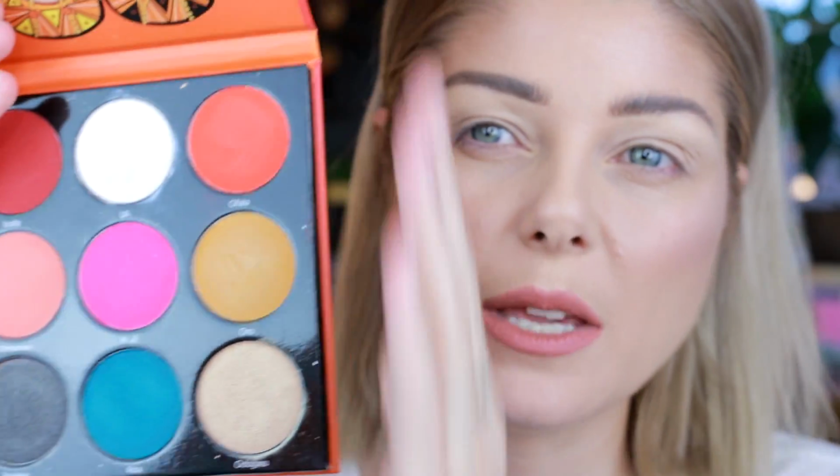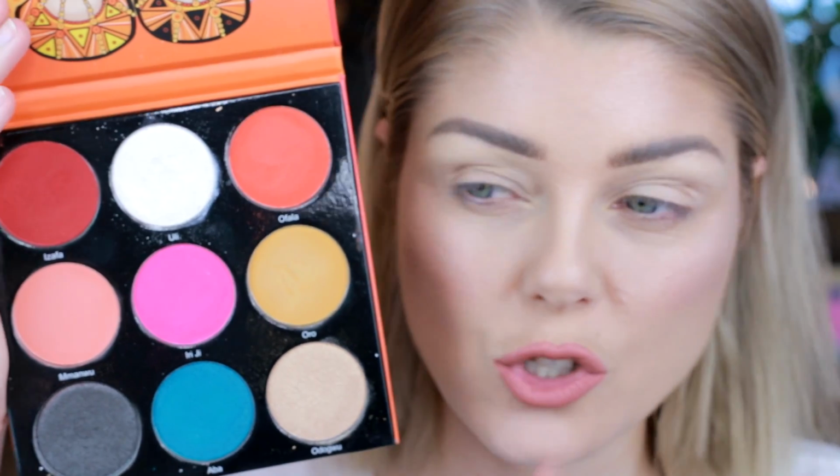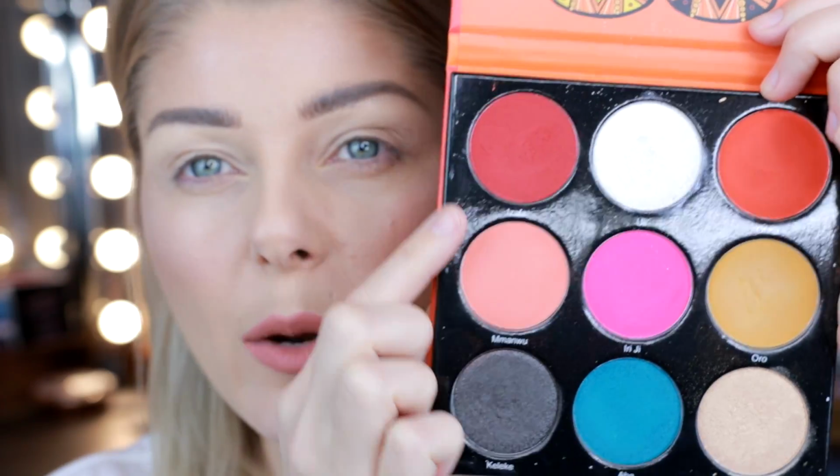I haven't used it for quite a bit, and it's a shame because it's amazing and I love it so much. And I have been really into the combination between red and peaches, so I thought that we would do a red and peach look with this, but since I want in this series to combine my makeup and just dust off my collection and combine stuff together that I haven't combined before, I'm actually going to pull in